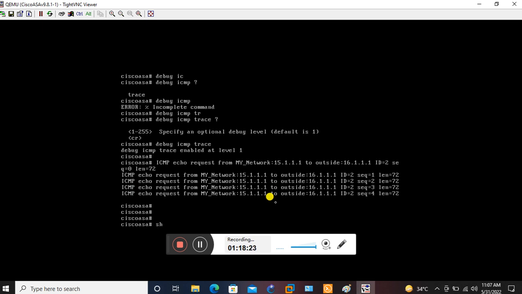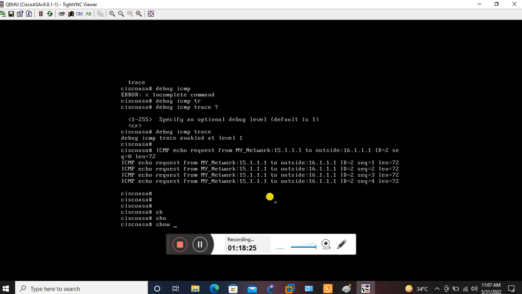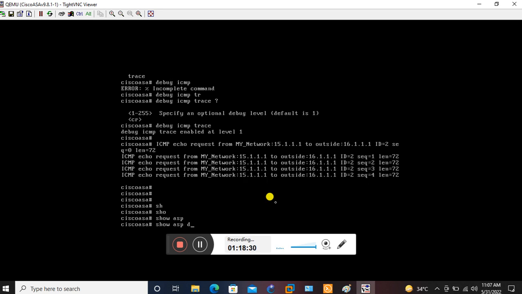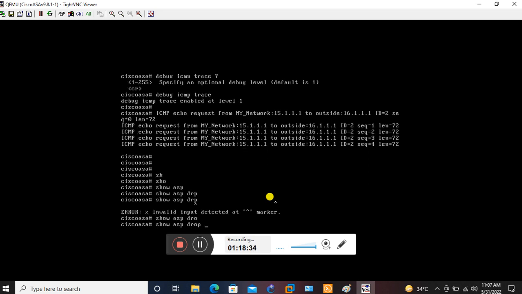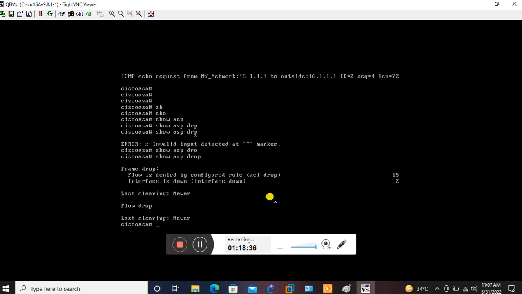तो और बाय यूजिंग दिस कमांड यू कैन ऑल्सो चेक वाई दिस पैकेट इज ड्रॉप. सो show ASP drop, drop. Okay, because we have not any ACL rules by default. Okay, now